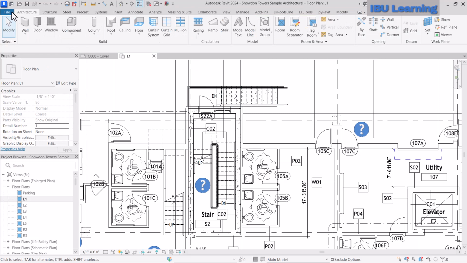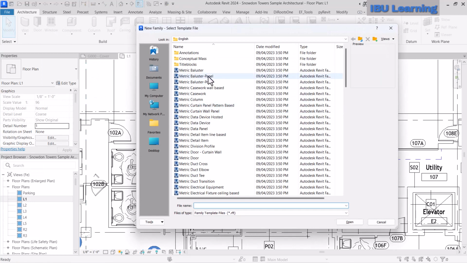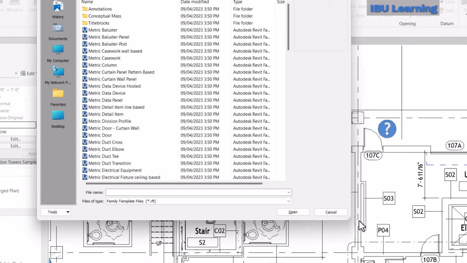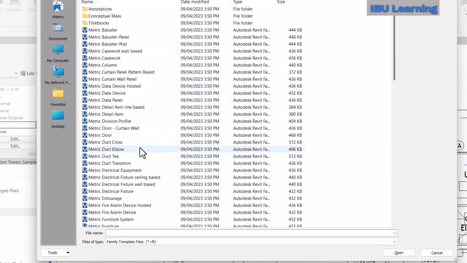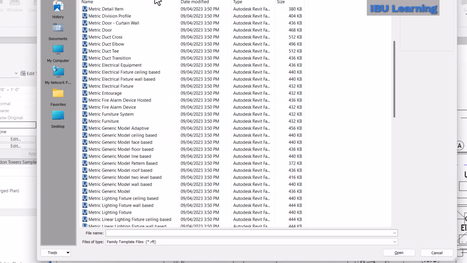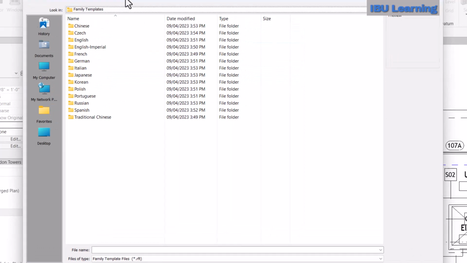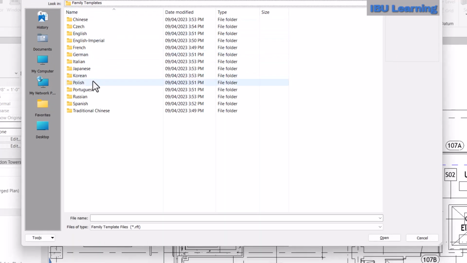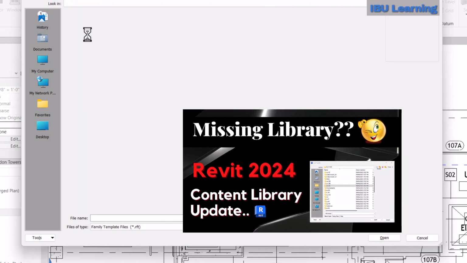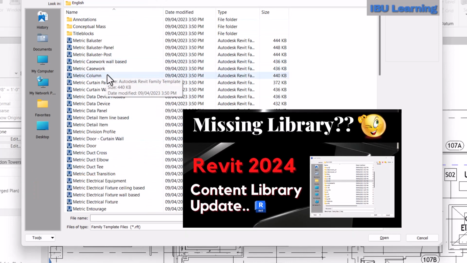So first let's go to new family, and there are so many options to choose from here. So what do you want to make? If you don't have these family templates, you can check the video I already made on how you can update these, so you can check the video from my channel and update it. Since we already have this one, suppose I have to make